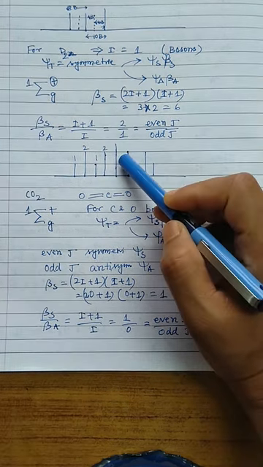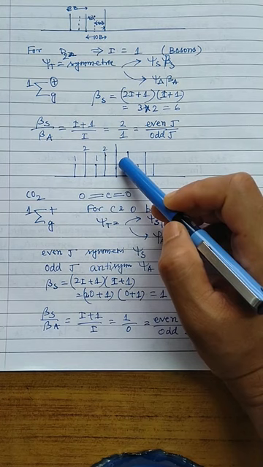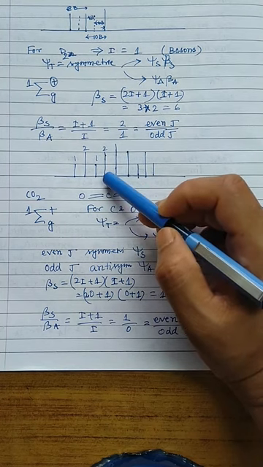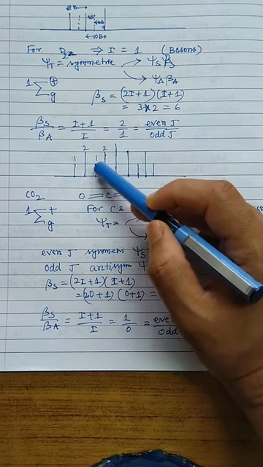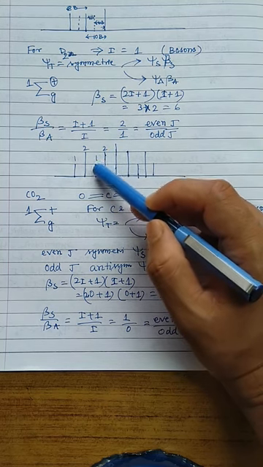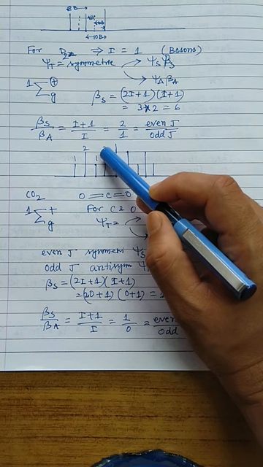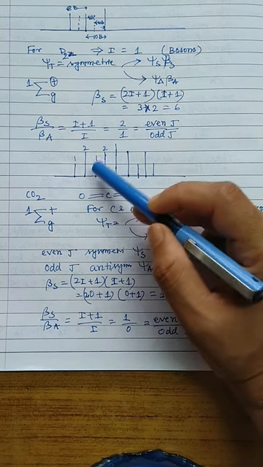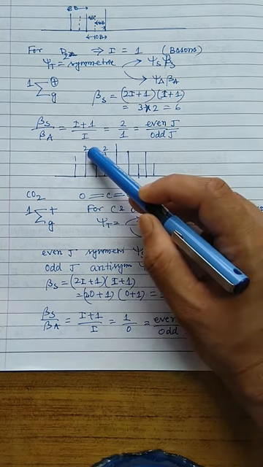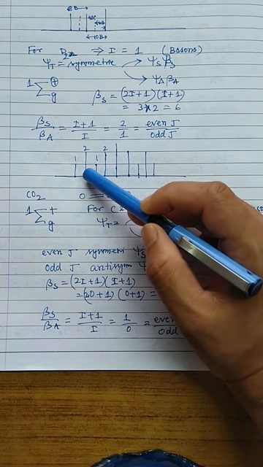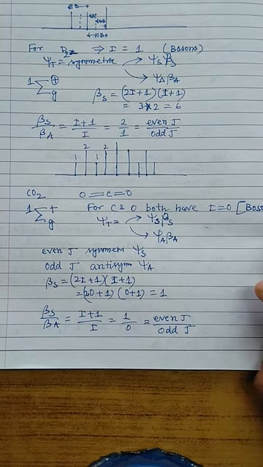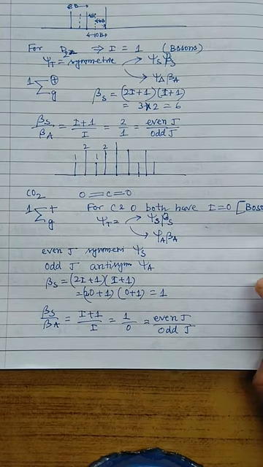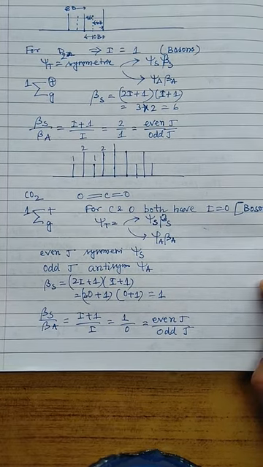Just have a look, this is the Rayleigh line. So the first line, that is the 0 to 2 transition, is twice the length, and next the 1 to 3 transition is half the length. That is, if this is 1, then the intensity of this line is 2. Again the even line, the 2 to 4 transition, is twice the length, and then the 3 to 5 transition is half the length. In this way your lines will appear, meaning the even J lines will appear with twice the intensity, and the odd J lines will appear with half the intensity of the even lines.